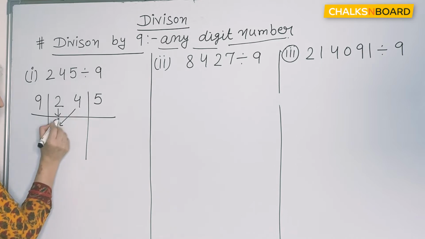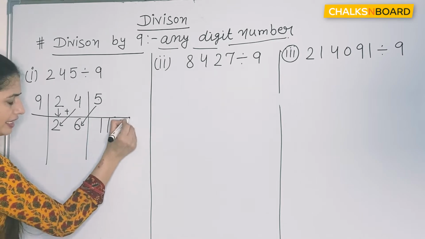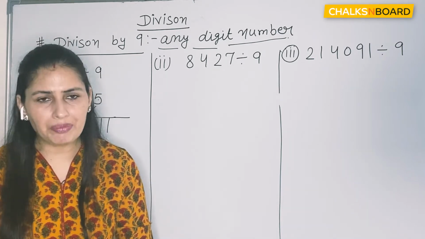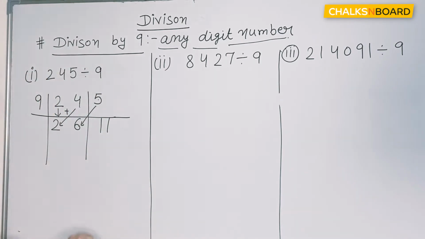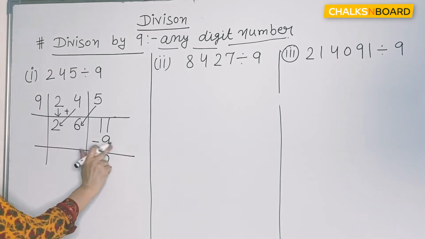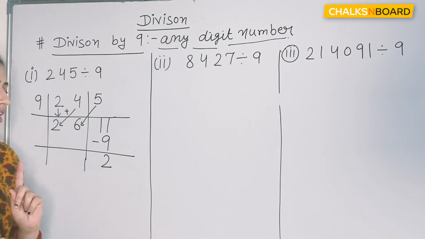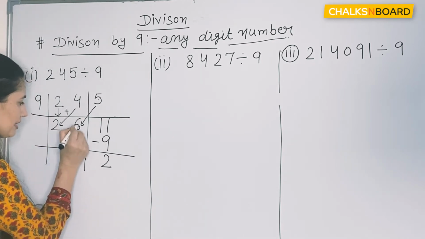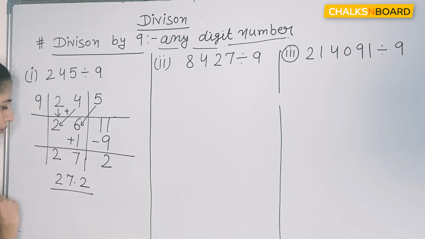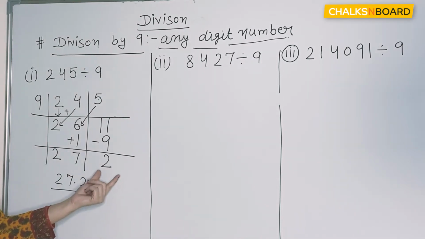Diagonally that means 4 plus 2 is 6 right here, and 6 plus 5 is 11 right here. But 11 is more than our divisor which is 9. We have to subtract this 9 from 11. So subtract 9 from 11, that is 2. यहाँ पर हमने 9 को 1 times subtract किया है 11 से, so that means आपको 1 add करना होगा उससे previous term में, that is 6, 7 and 2. That means 27.2. आप ये भी कह सकते हैं 27.2, या 27 is our quotient and 2 is our remainder